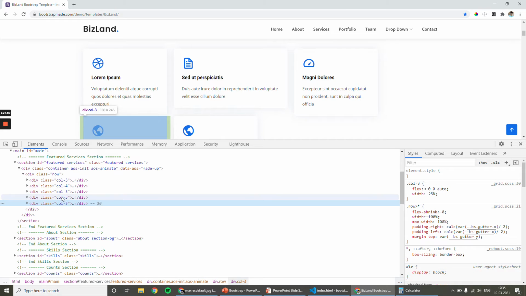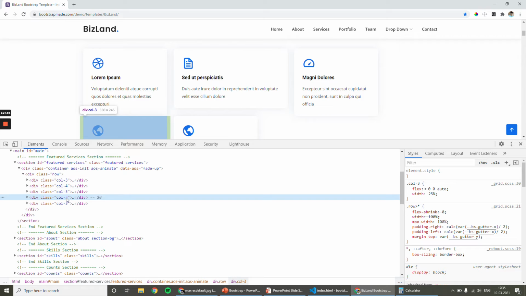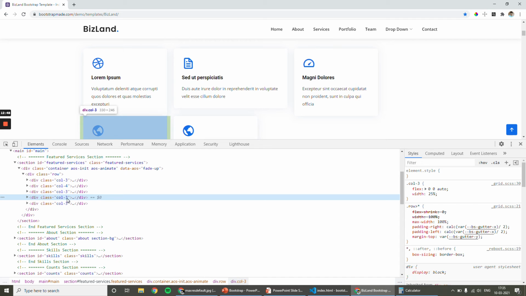And the next one is 3. So we want 3 boxes, but the available is only 2. At that time, it will automatically come to the next line. When the required boxes are not available, then it will come to the next line.